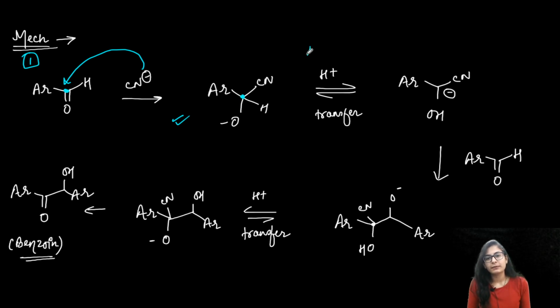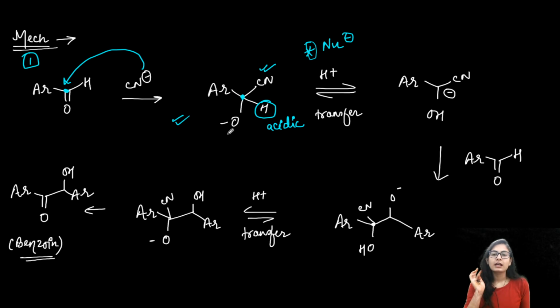Further, the key step or the most important step is the generation of the nucleophile. Now, if a condensation reaction is taking place, one of the aldehydes has to be the nucleophile, the other one has to be the electrophile. Yes. So, how are we generating the nucleophile? The proton present over here is a very acidic proton. Why is it acidic? Because it is connected to a carbon, connected to an aryl group, specifically the cyanide, alright, and the O minus.